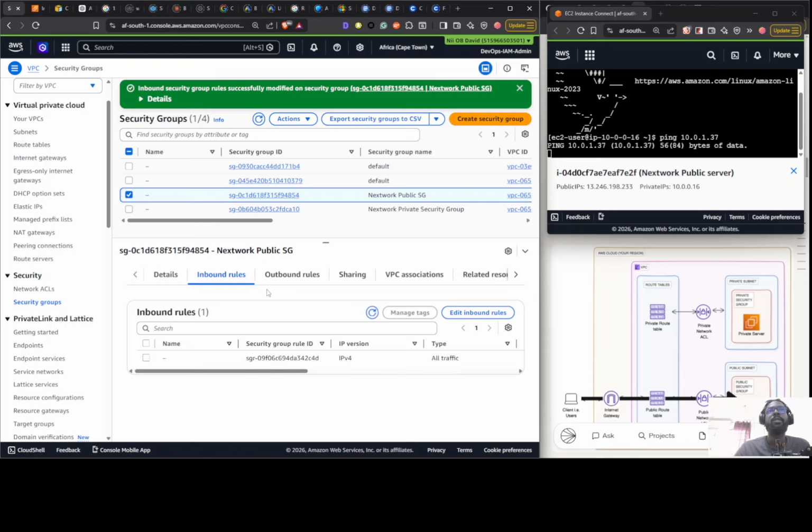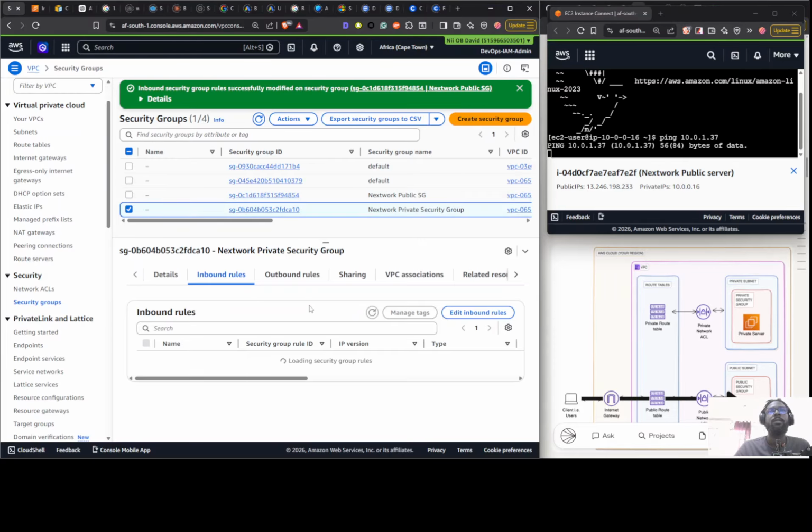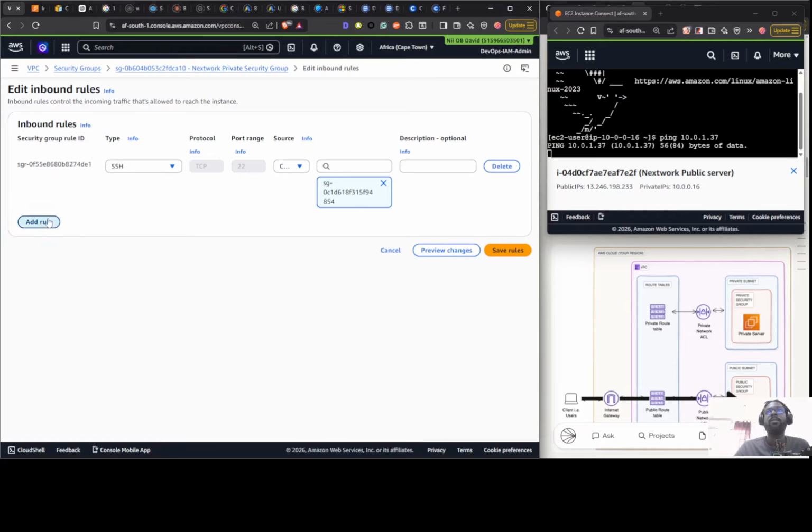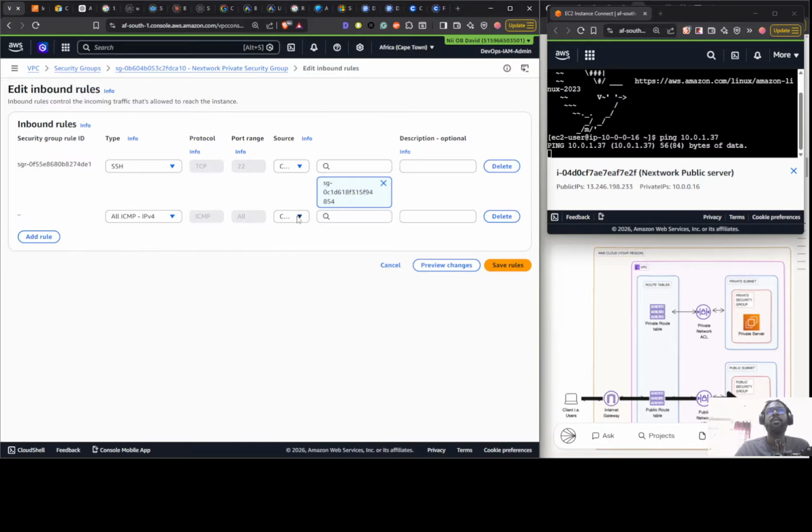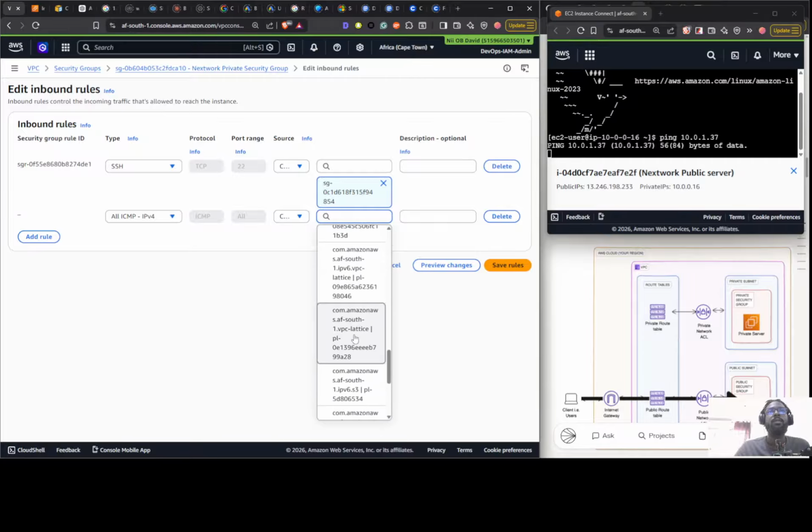Okay, first let's see this. This allows all traffic, ICMP. ICMP should come from the